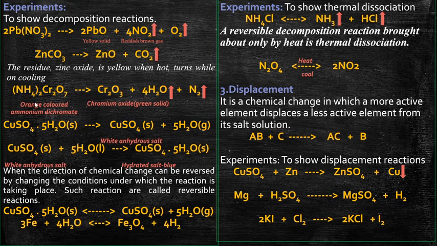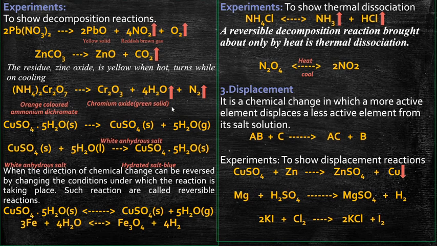Understand? And the third one is ammonium dichromate. This ammonium dichromate's actual salt color is orange. Upon heating, once it starts to heat, the substance swells up, and with a flash of light, it produces chromium oxide. Once this chromium oxide is obtained, the test tube shows a green solid, along with